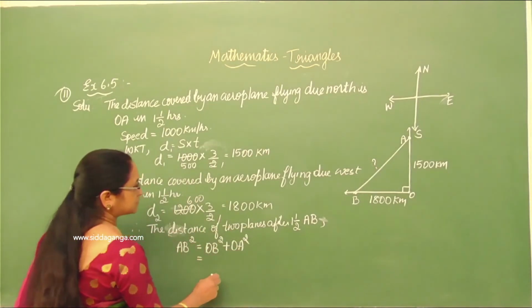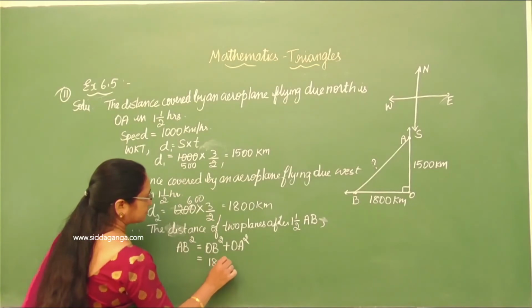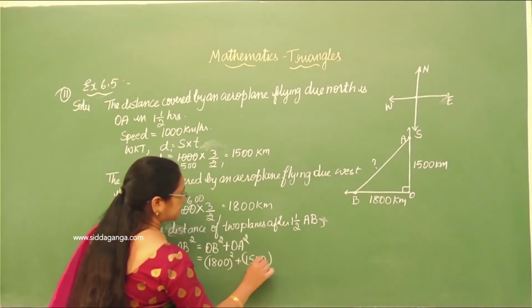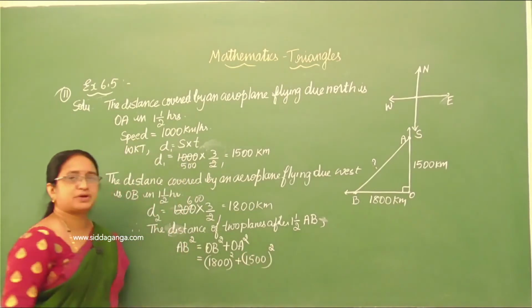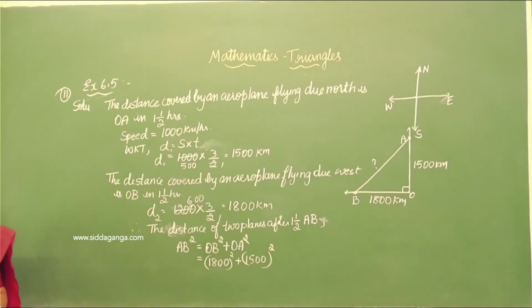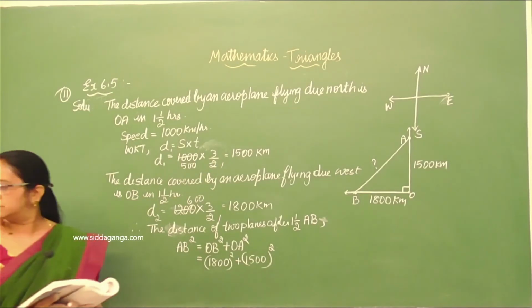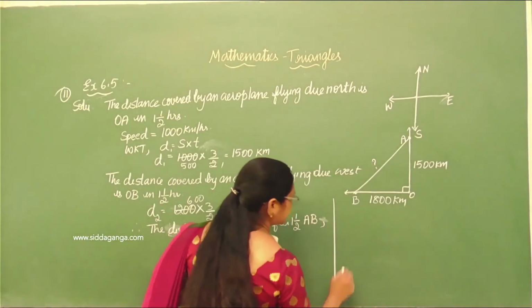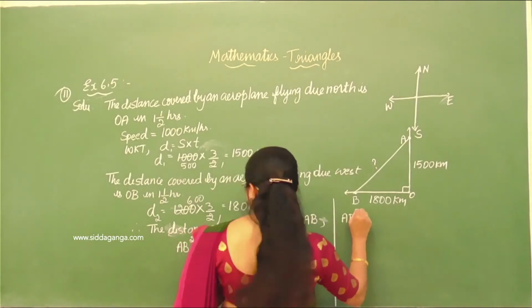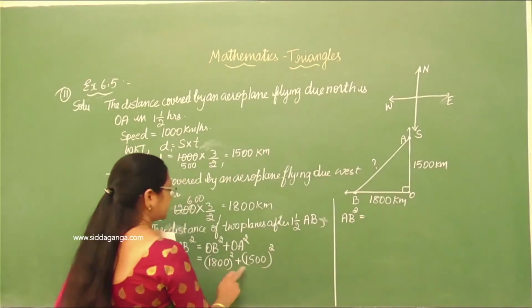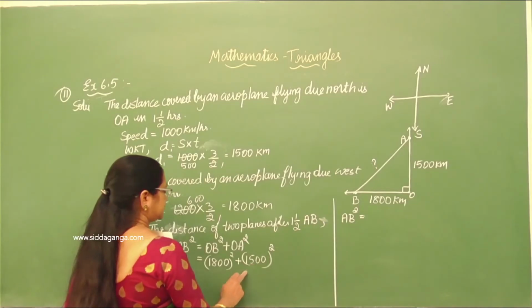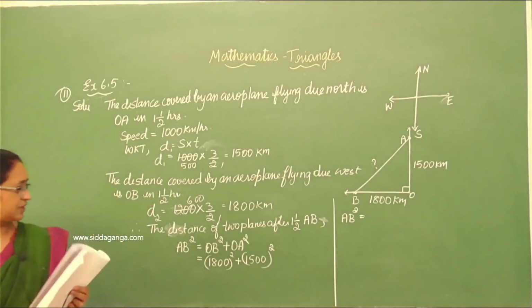OB square is how much? 1800 whole square plus 1500 whole square. Now we have to find AB square. So when you add, you will get, so I'll write it here. So AB square is equal to...